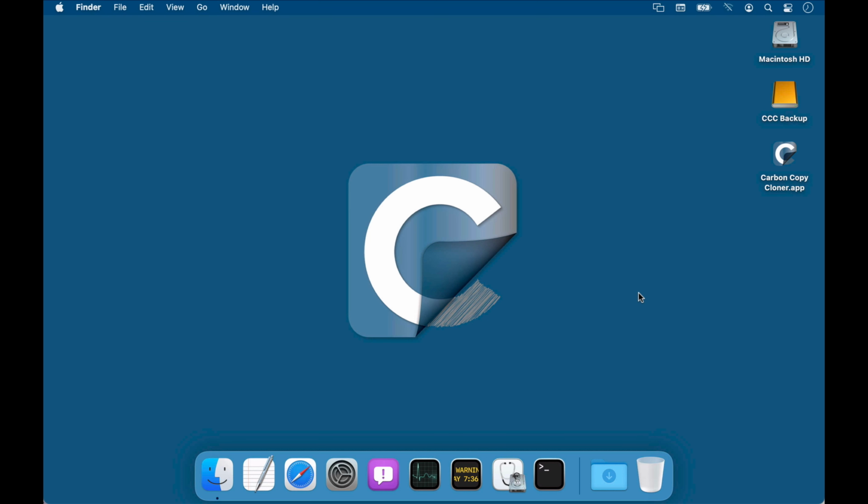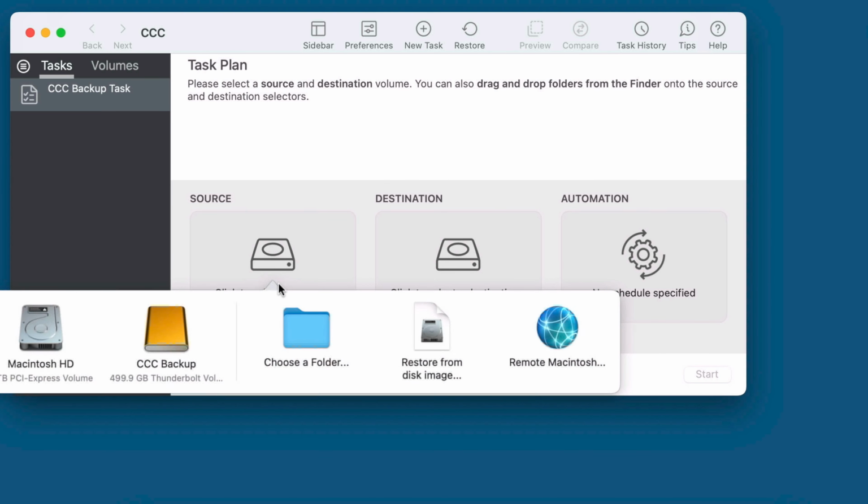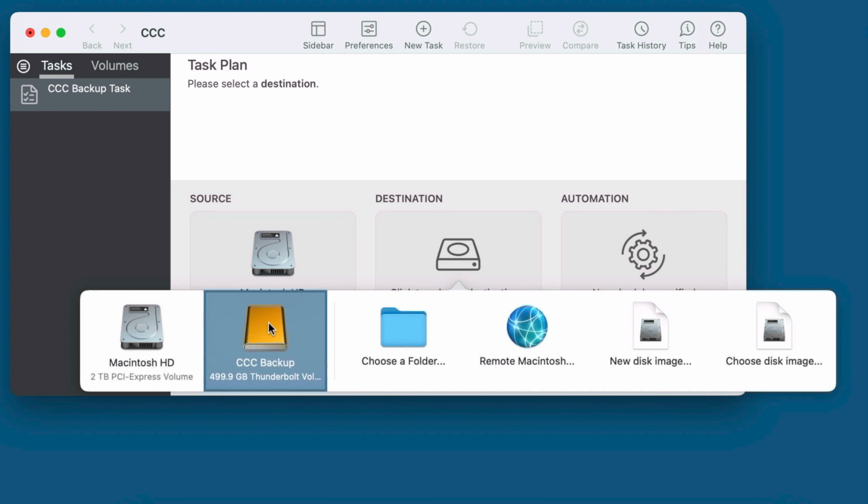macOS imposes privacy controls that prevent applications from accessing external volumes. To grant access to those volumes, Apple insists that users explicitly and proactively grant full disk access to applications that require that access. So this is something that we need to get out of the way before proceeding with a backup task. When you open CCC for the first time, you'll select a source and a destination, and then click